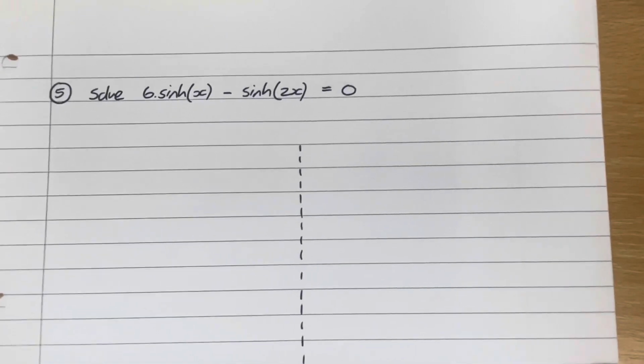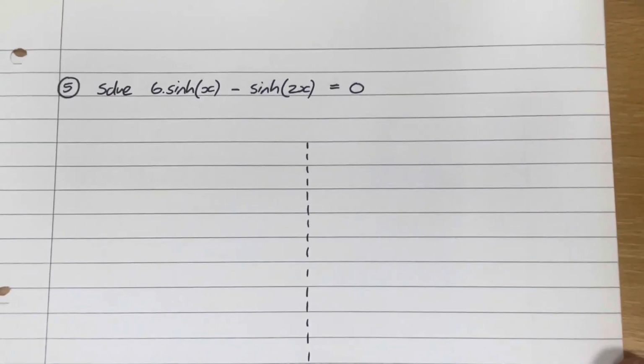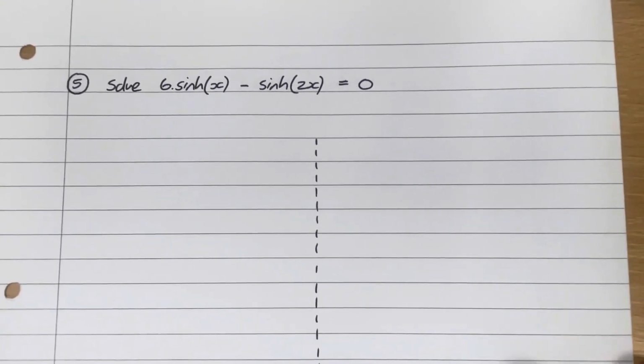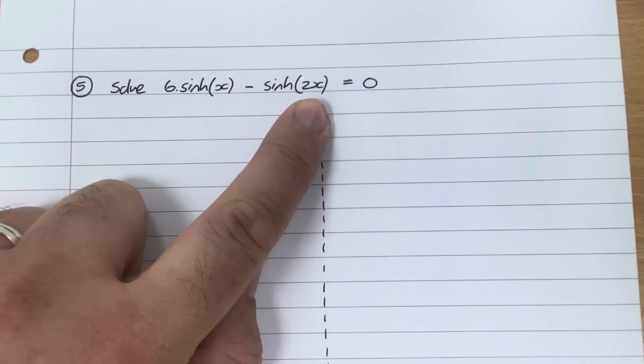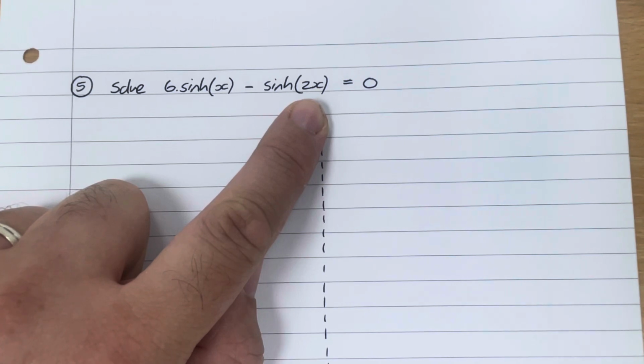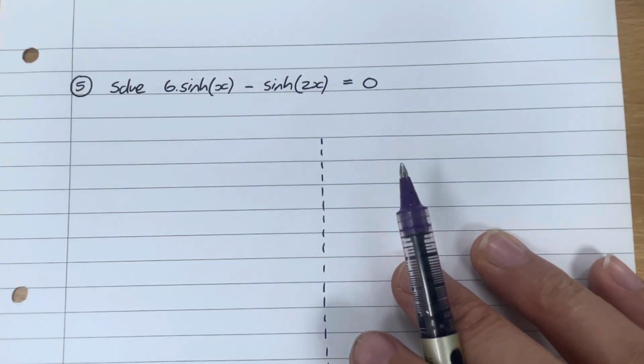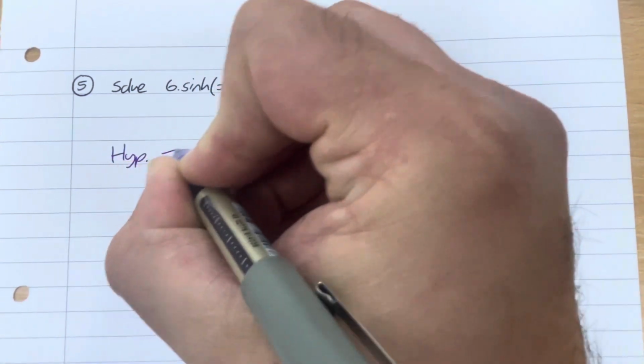Okay, now we want question 5. Okay, so question 5 is now a more complicated hyperbolic equation. We've got a sinh of x and a sinh of 2x. So I've got 2 different ways to solve this one, and I'm going to show both of them in this video. So this one is going to be using a hyperbolic identity